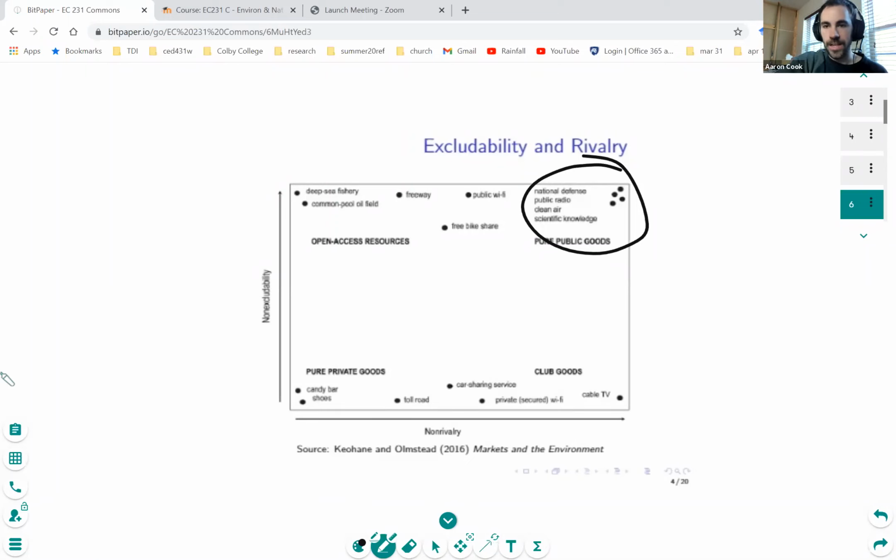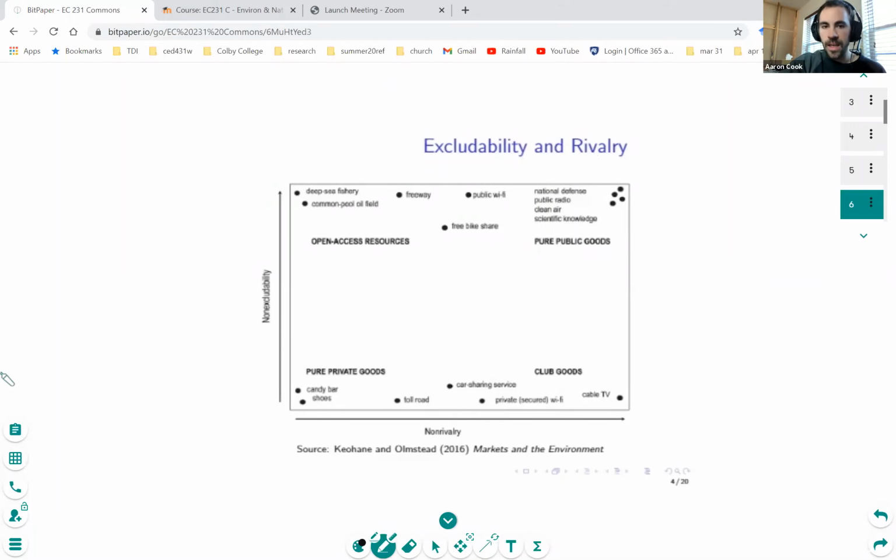Public radio is another example. It's broadcast over the airwaves, so you can just tune in and listen to it. It's not excludable that way. And also, if you listen to NPR, I can also listen to NPR, and your quality is not affected at all. So it's helpful to have this diagram in your head,